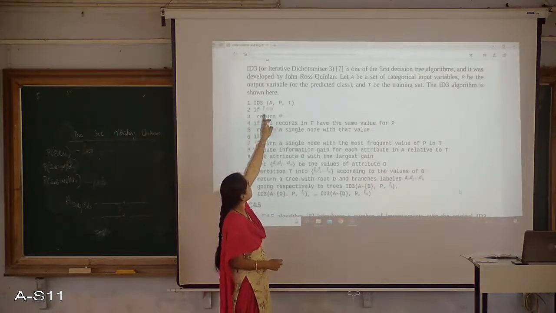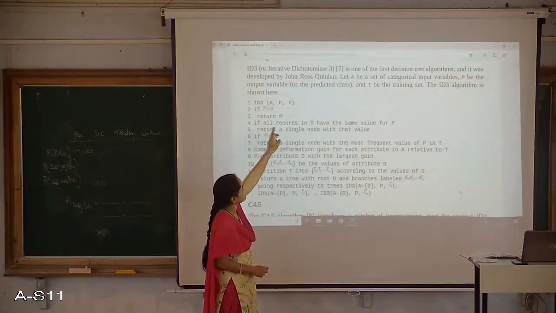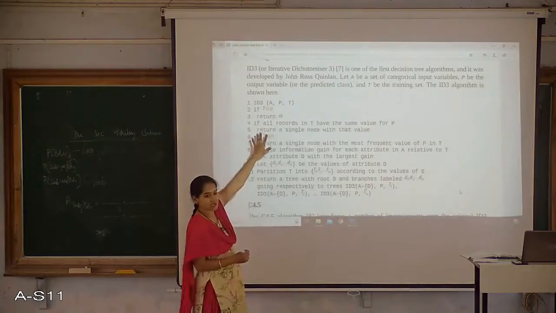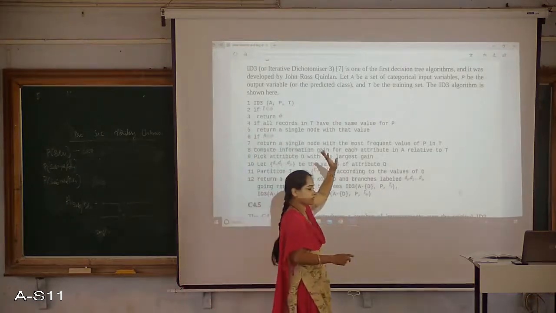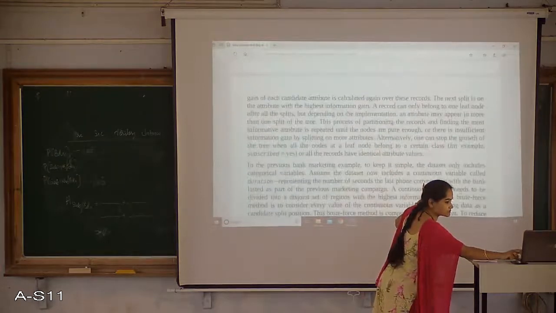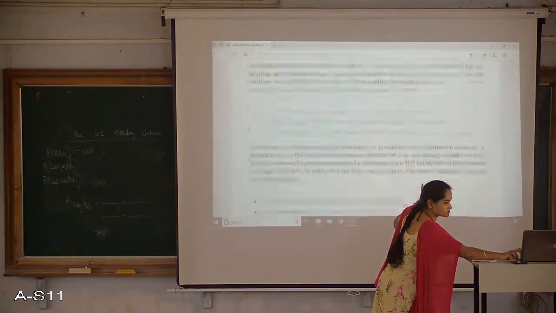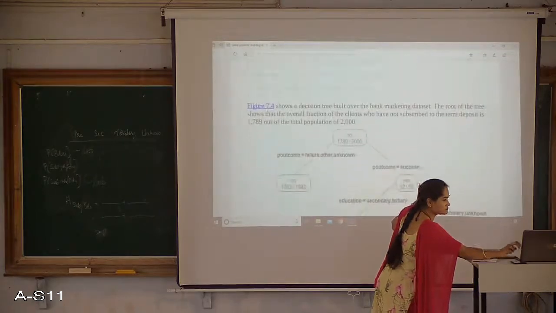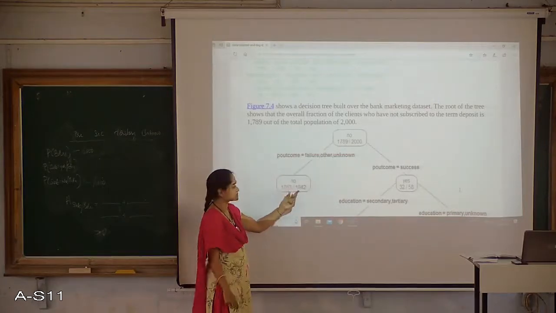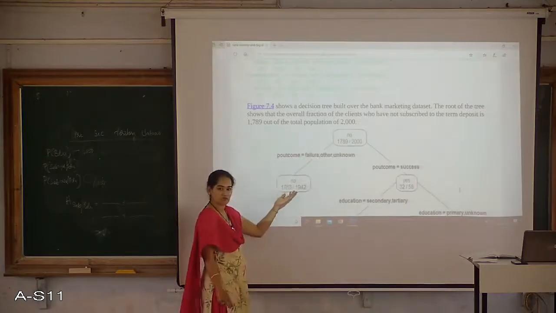I am checking whether the tree is null. No. Then I am checking whether all the records in T are falling into the same class. See here in the tree structure, you can find that all are falling into no cases where P outcome is failure, other and unknown, all are falling into this, so